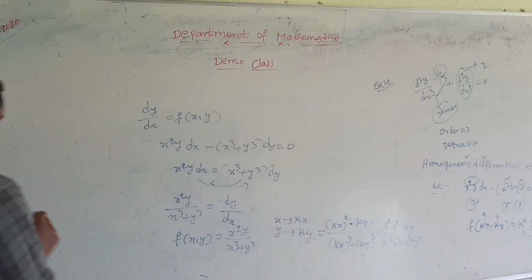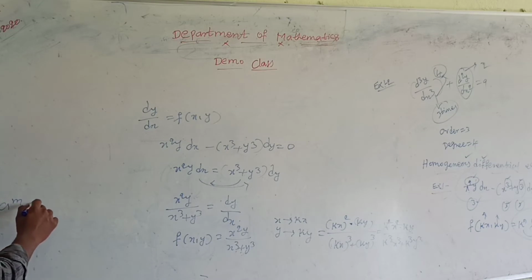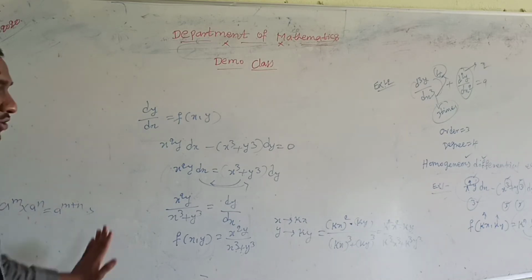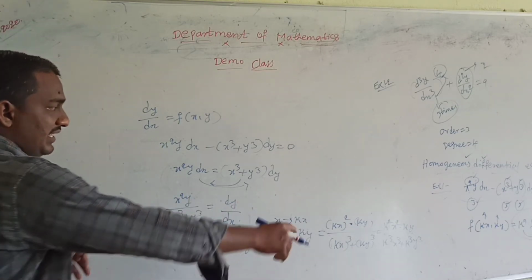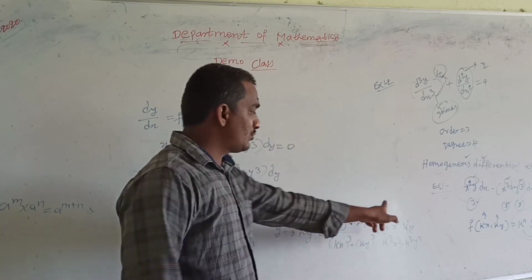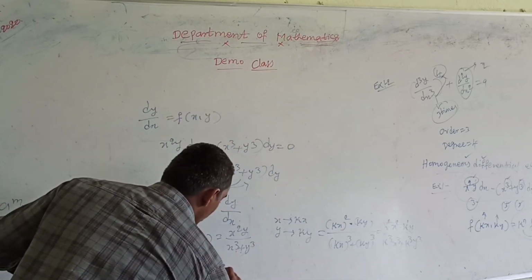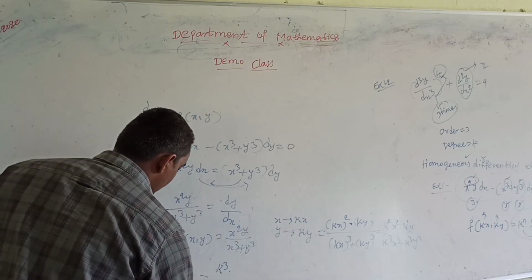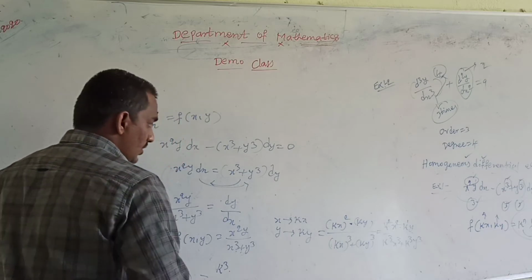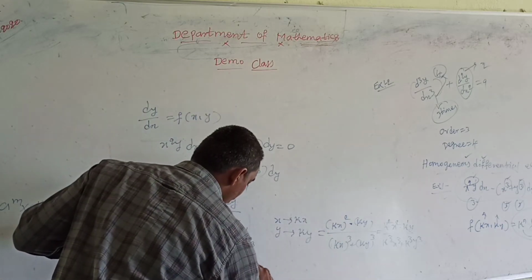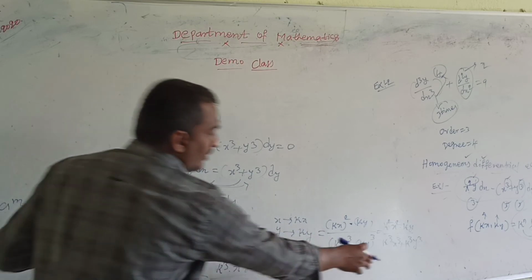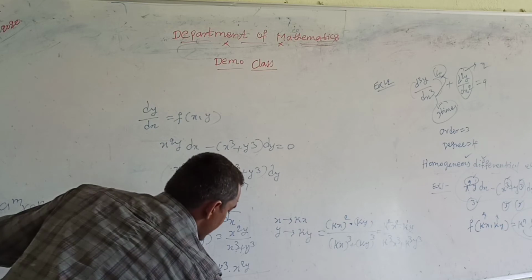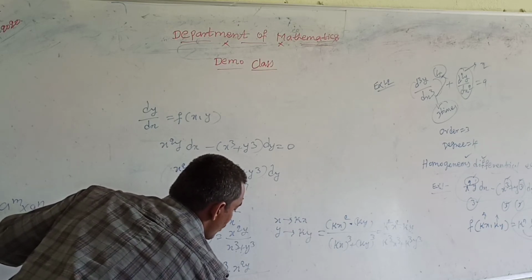You know the formula very well: a power m into a power n is equal to a power m plus n. When bases are equal, we add the powers. So here k power 2 plus 1 is 3, so k cube. These are the terms solving f of kx comma ky. So that is x square y over, taking k cube outside from these two terms, k cube times x cube plus y cube.